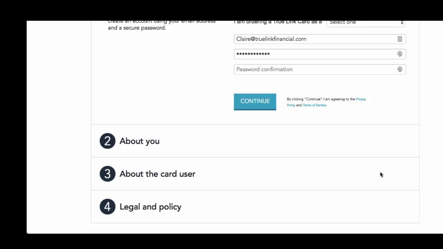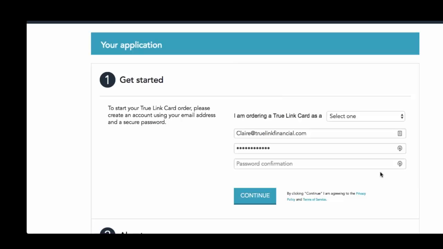That's to verify their identity, which is required by the Department of Homeland Security when opening a new financial account. In terms of opening a wealth management account, you actually don't do that on the website. You would talk to our team by emailing me or support at TrueLink Financial. We set you up directly with an advisor, and they would walk you through that whole process.